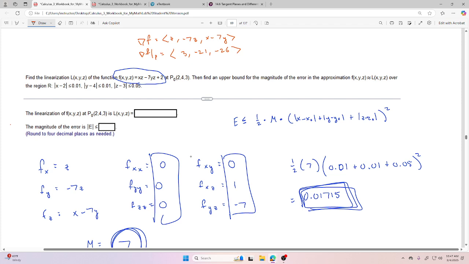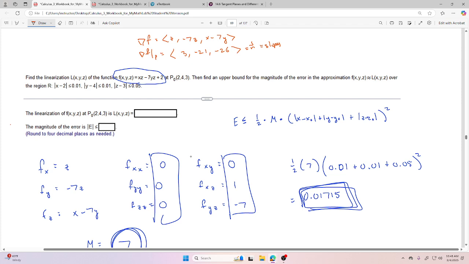Okay. So we plugged in our point and got some numbers, and this is my normal vector. That's also my slopes, right? The slopes to this. It's not a plane anymore, is it? It's a hyperplane, I don't know. It's probably just a plane. Anyways,